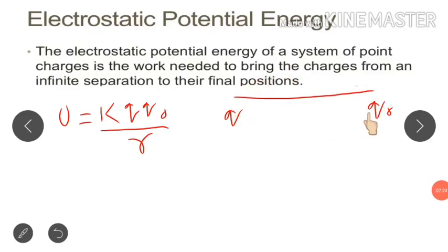So if we talk about a system of two charges, what is the electrostatic potential energy of this system which has two charges? It is U equal to k q 0 upon r, where q0 is brought from infinity to this point, and this q0 is in the field of q, and no work is done in bringing q because q was already there. Okay, so this is the electrostatic potential energy which we have calculated for the system of two charges.